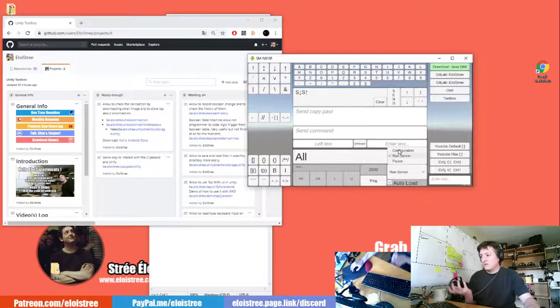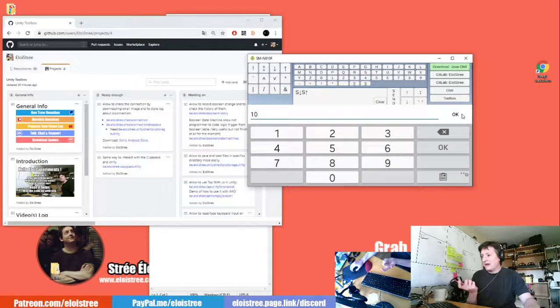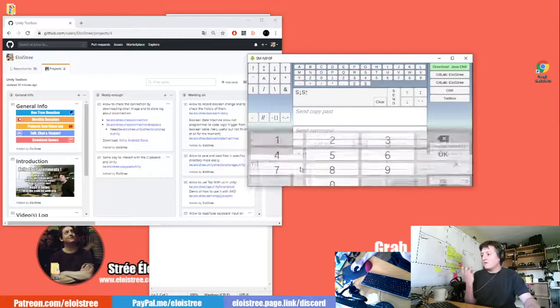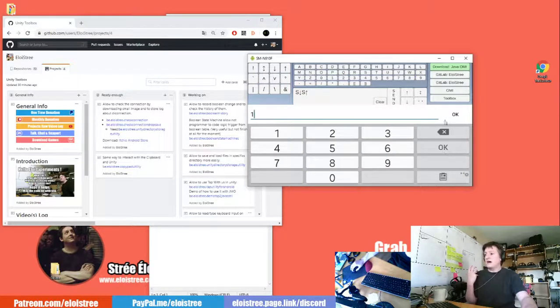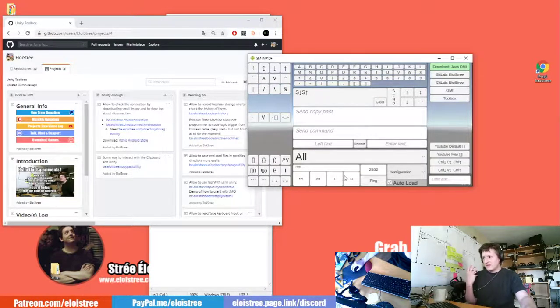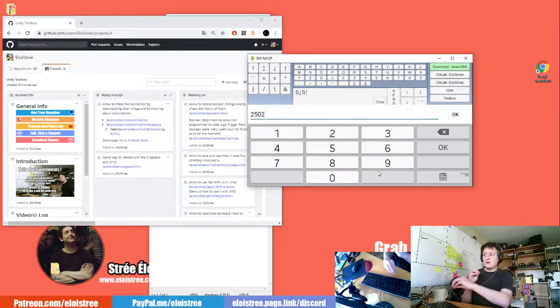You need to put the little box in configuration here, and you can now target the IP address. So if I want to target another PC, I can just type the address of the other PC here. And when you talk to a PC, you need to say, I'm this application and I send the message on this part of the PC.